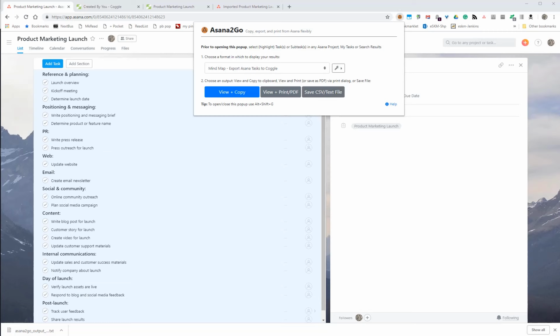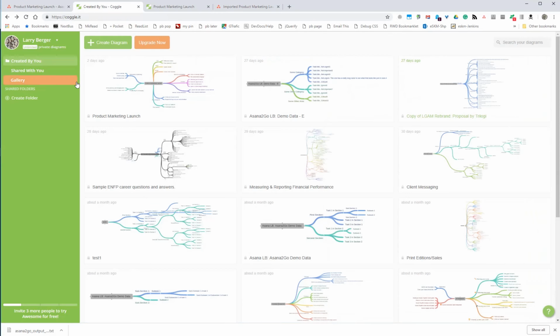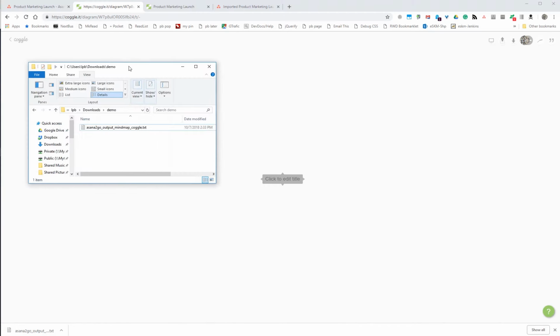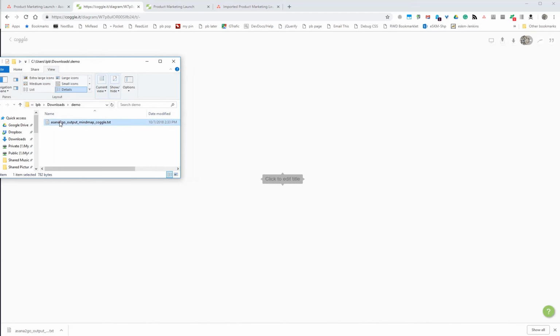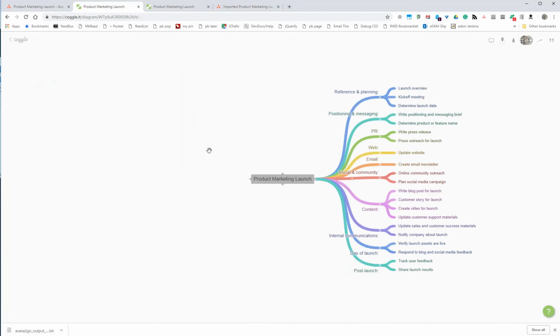We're going to use the Coggle mind map tool for this demo, though other mind map tools would work as well. Coggle is web-based, has a free version, which is what we're using, and it's a nice complement to Asana. So we're just going to create a diagram. The way Coggle import works is you just drag and drop that export file onto it. So if I bring over that directory where the file was, I just drag and drop,